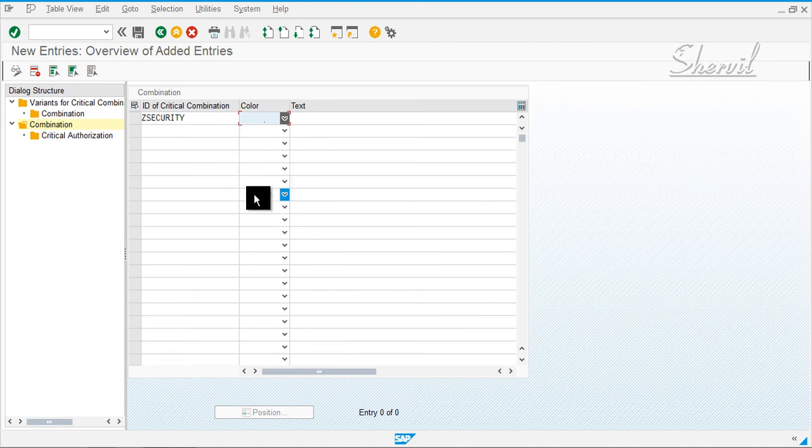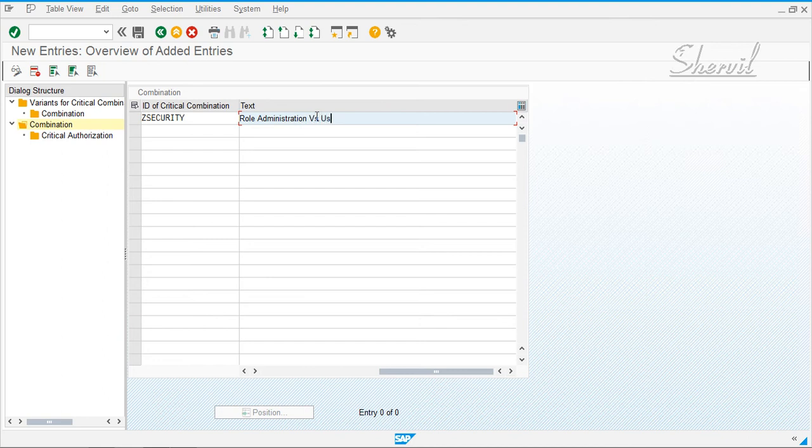Let's select purple. Then say role administration versus user administration.